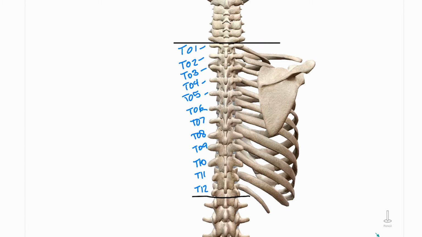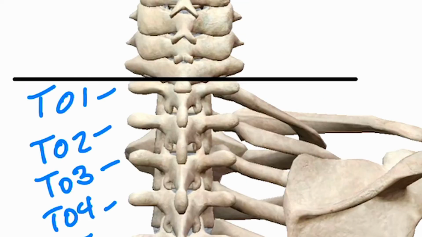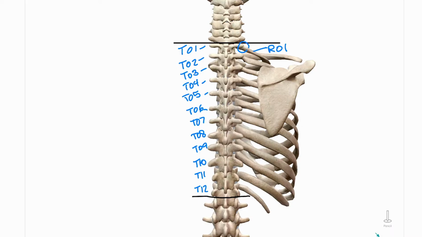Connected to the thoracic spine are the ribs. Just like the thoracic vertebrae, there are 12 ribs total, and each one connects to the corresponding vertebra, as you can see here. We have T1 connected to R1 here. In this image, the whole structure looks a bit stiff, but there are actually joints where the vertebrae meet the